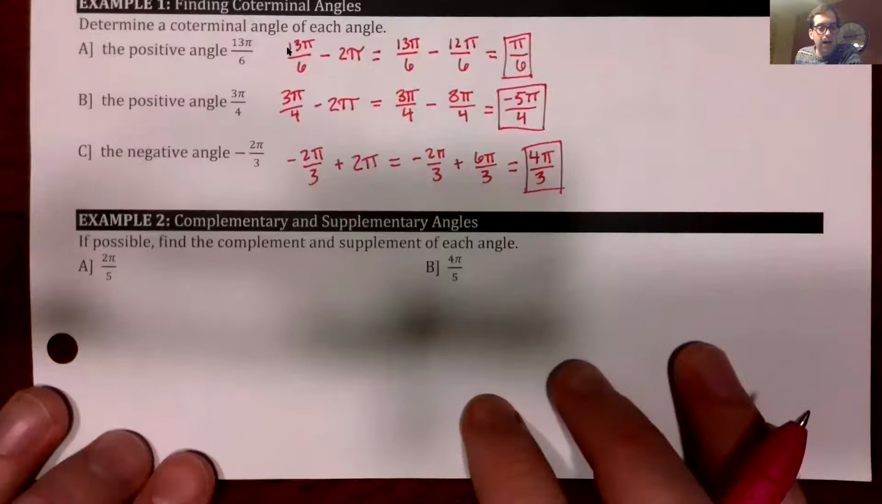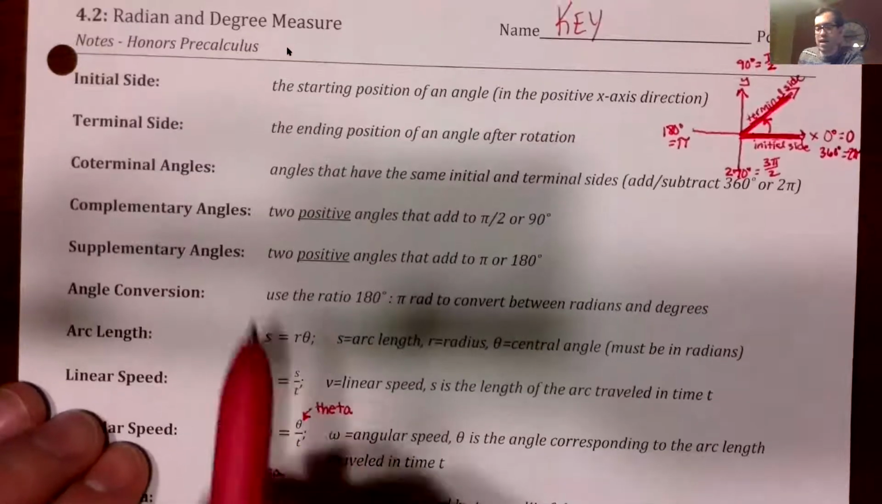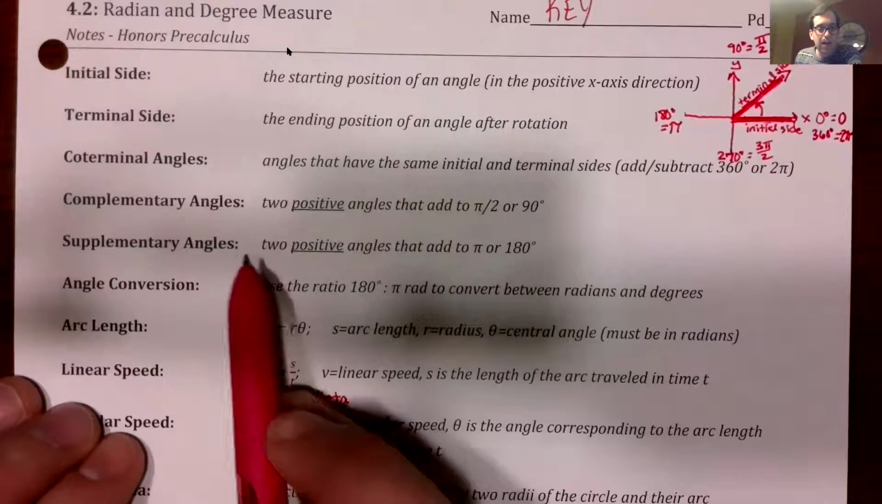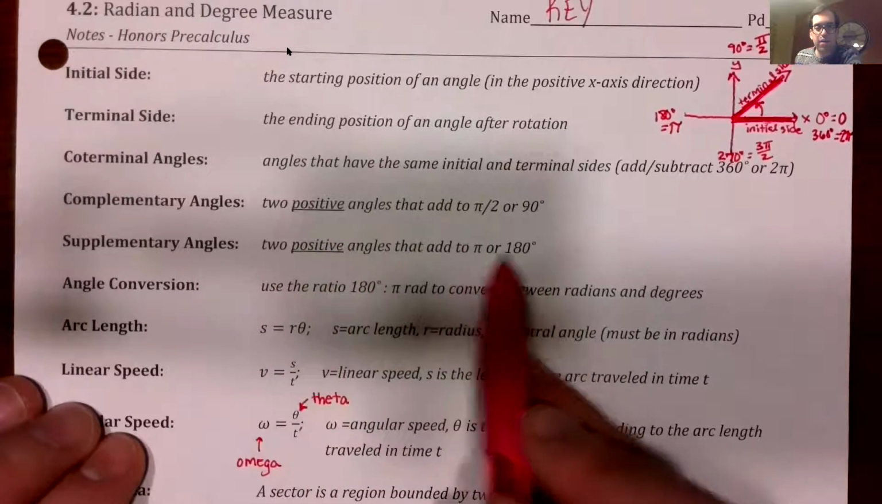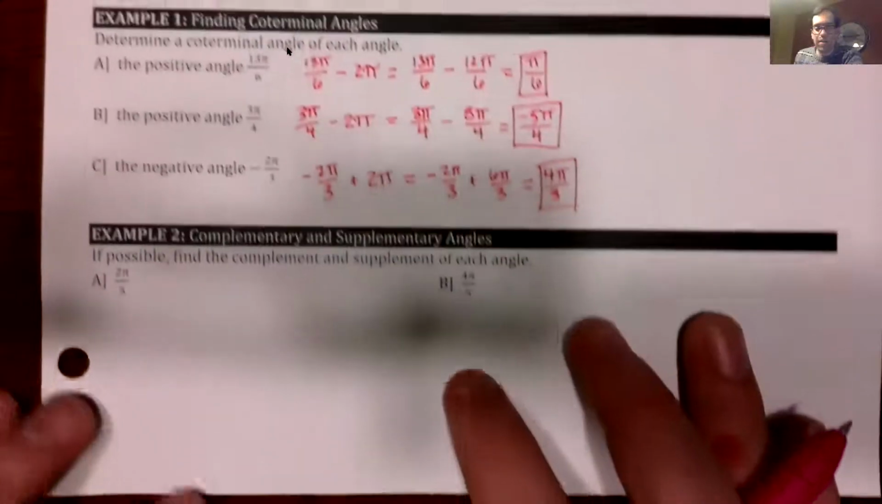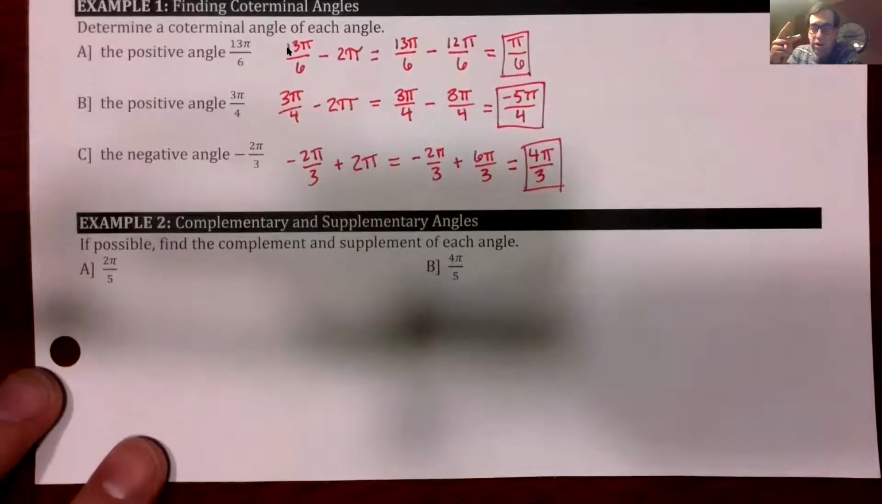Okay, let's look at example 2, complementary and supplementary angles. So to remind you, we said complementary angles add either to 90 degrees or pi over 2 radians, and supplementary angles either add to 180 degrees or pi radians. Those are equivalent angle measures in different units. So down here, this is probably your first time looking at complementary and supplementary angles with radian measures, but